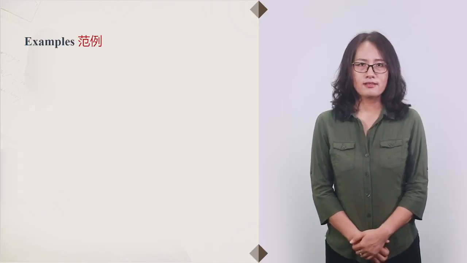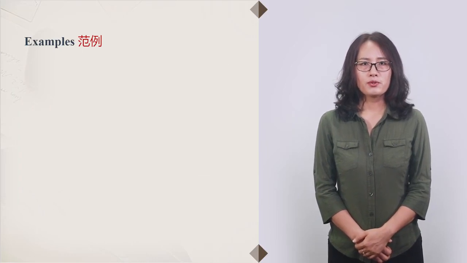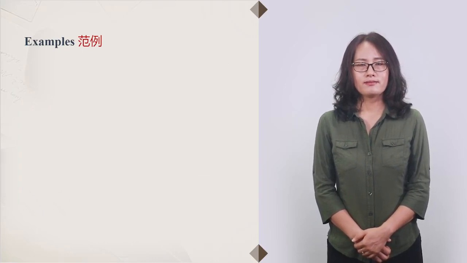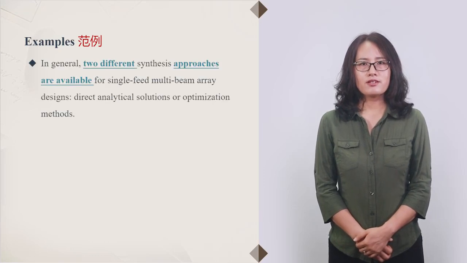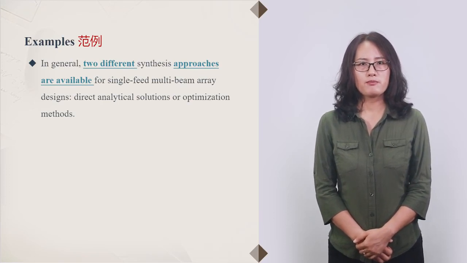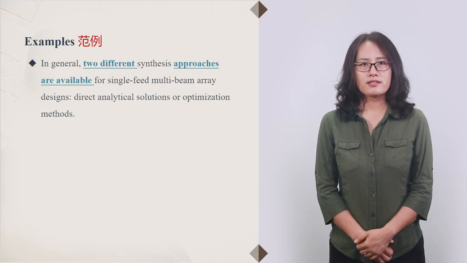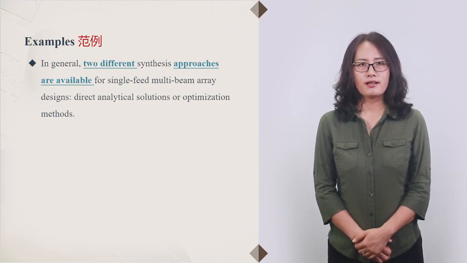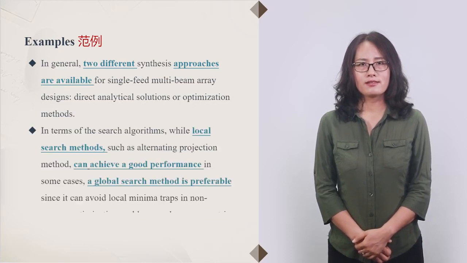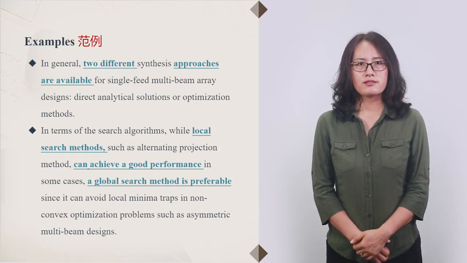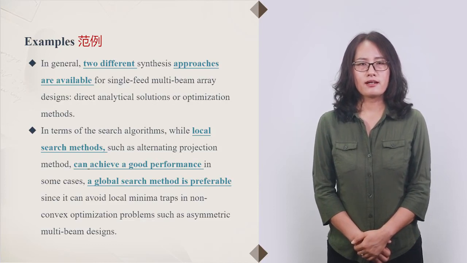我们来看几个例子。需要特别说明的是，这里我们可以忽略专业词汇和技术原理，只需要关注例子中的典型句型即可。第一个句子 In general, 2 different synthesis approaches are available for single-feed multi-beam array designs, direct analytical solutions, or optimization methods. 划线的部分说明了目前存在的2种合成方法。第二个句子 In terms of the search algorithms, while local search methods, such as alternating projection method, can achieve a good